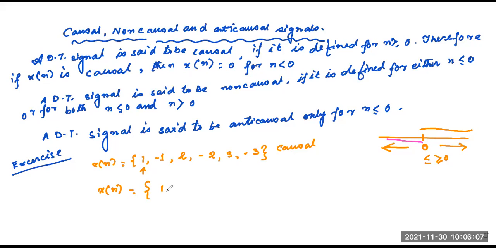1, -1, 2, -2, 3, -3. So this is an anti-causal signal, sir. Yes, it is an anti-causal signal. And this sequence